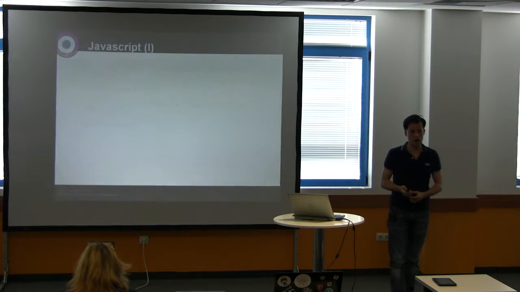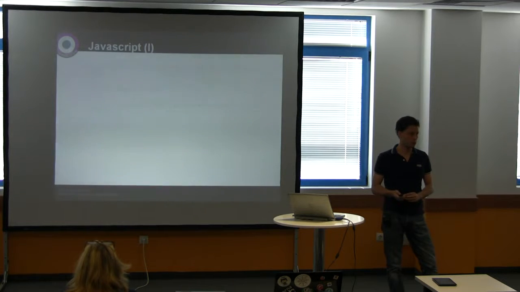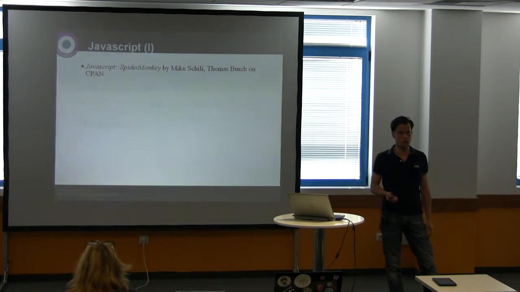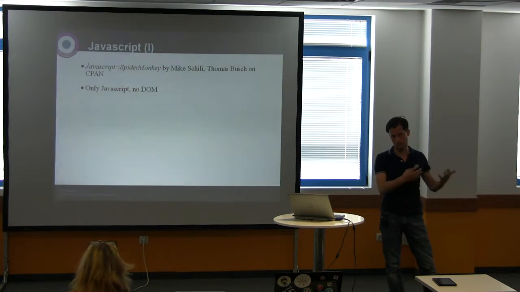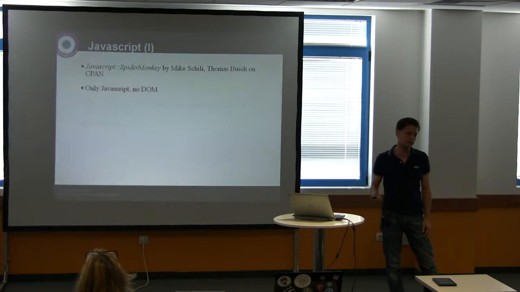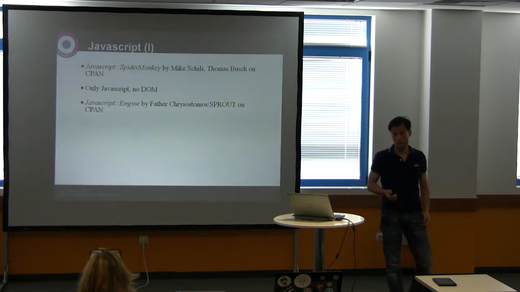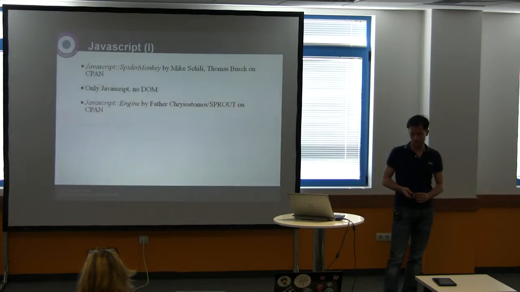So there are some modules to do JavaScript with Perl. For example, there is JavaScript SpiderMonkey by Maischein, which embeds, I think, the SpiderMonkey engine by Mozilla. But that module only does JavaScript. It doesn't do the DOM and HTML rendering and requests and everything. There's also JavaScript engine by Sprout. It's a pure Perl implementation of a JavaScript engine, and it's really slow, and I quickly gave up using